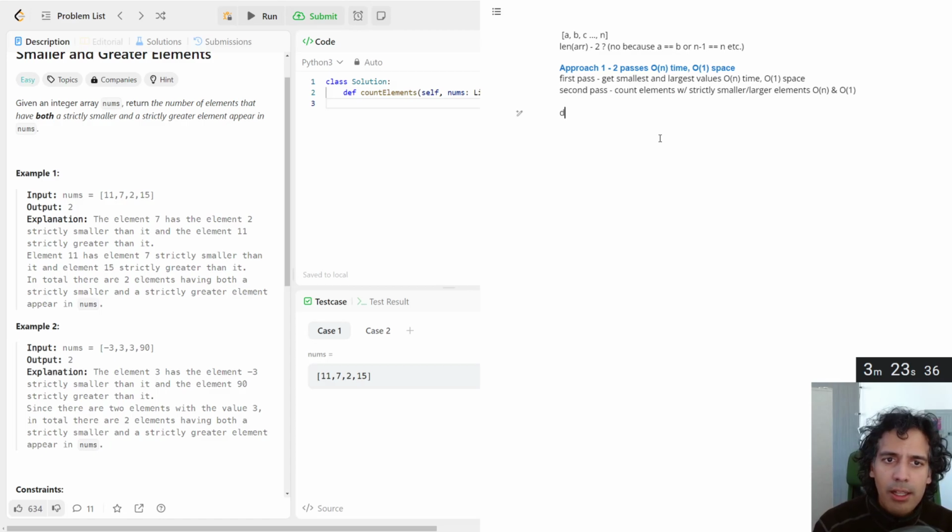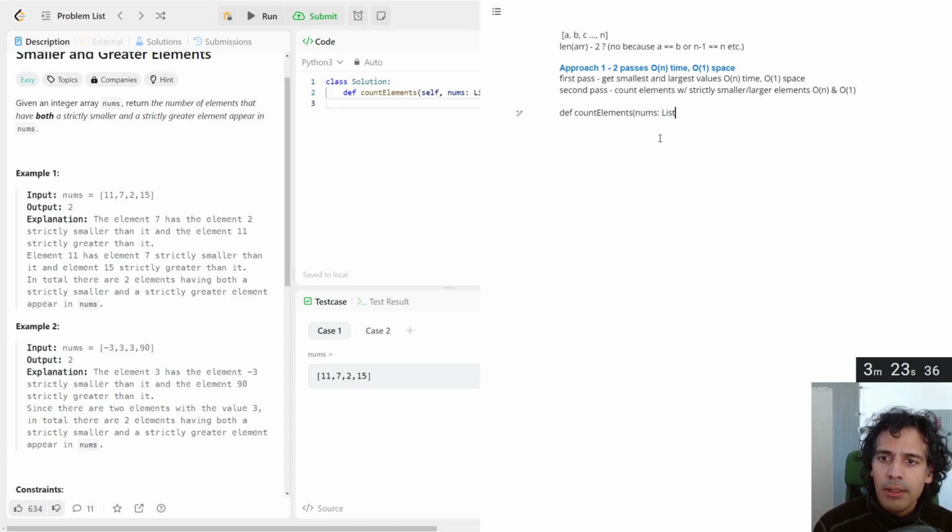So let's create our function, and we'll call this count elements as it shows there. And yes, I know I'm doing this in a Google Doc instead of Leetcode. It definitely sucks, and I think I've heard that Google doesn't use Google Docs anymore. They might be using some sort of editor, so this might be the last few videos where I do this. But for now, we're going to try to